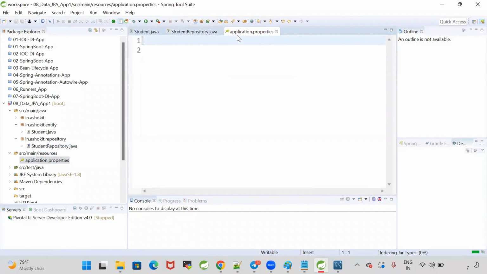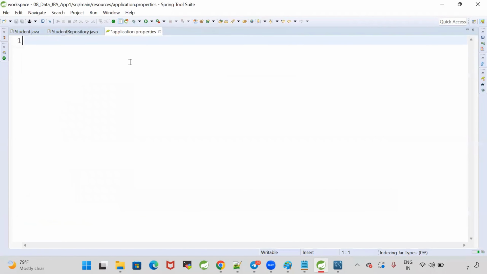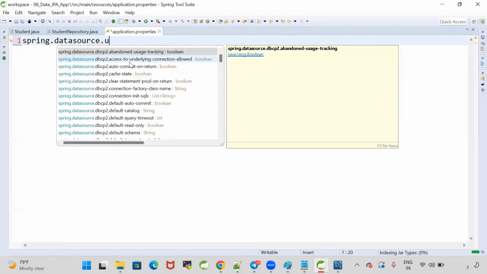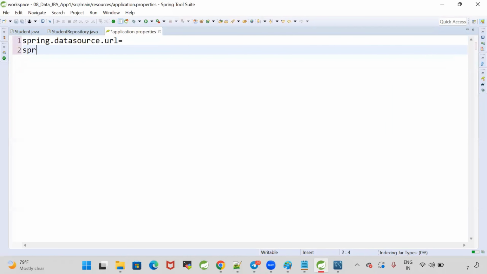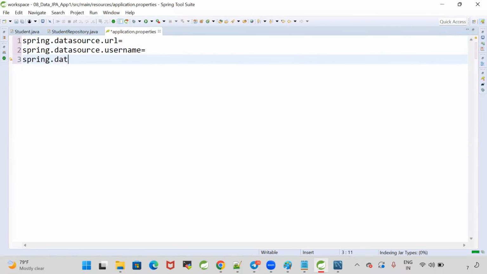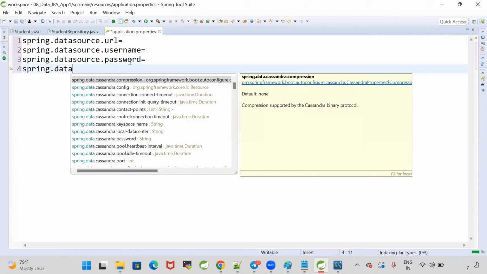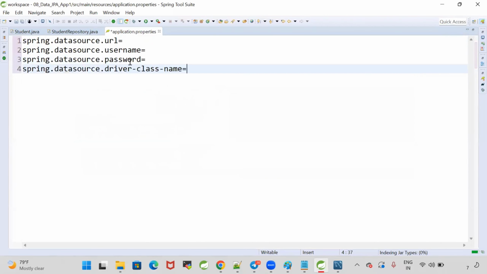We need to configure data source properties. So how to configure data source properties? spring.datasource.url, with which database? spring.datasource.username, what is the username? spring.datasource.password. Okay. spring.datasource.driver-class-name. Okay. So the URL, which is jdbc colon